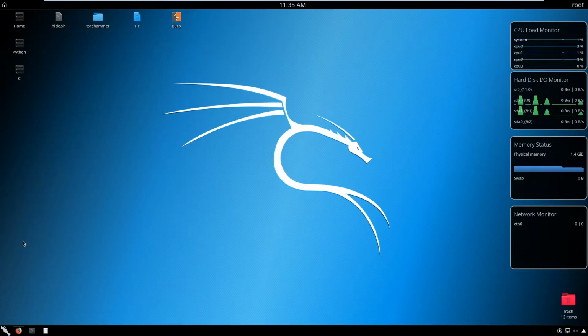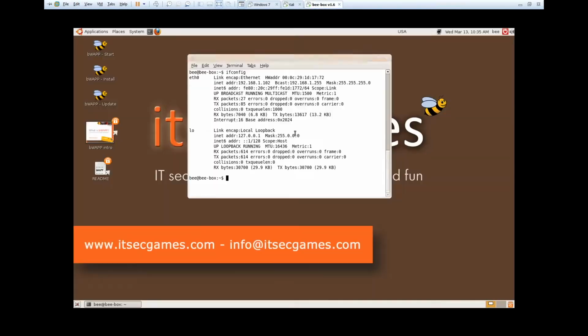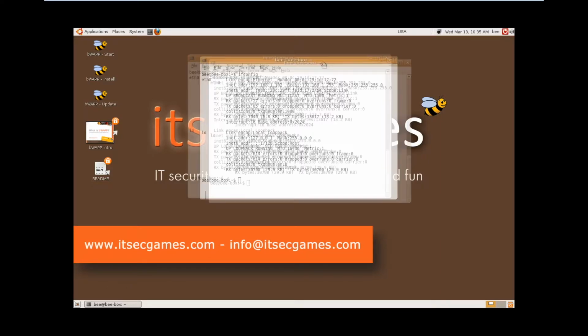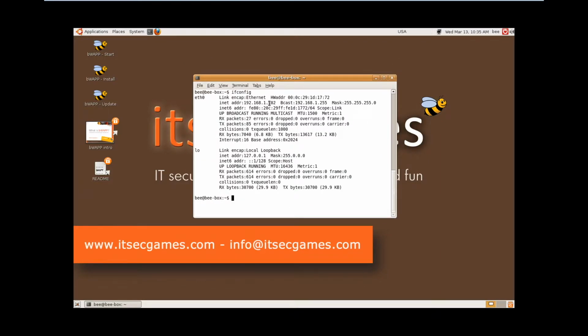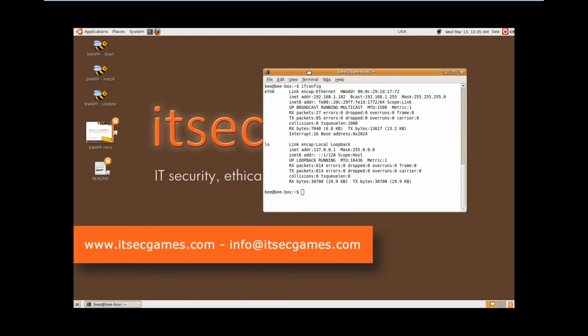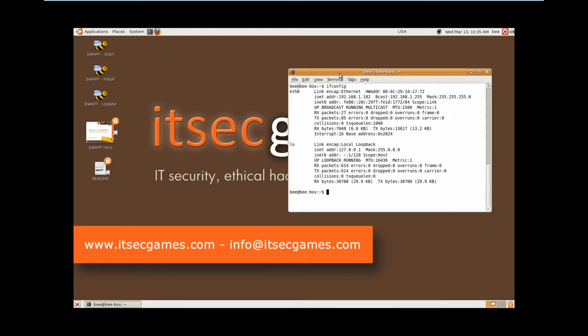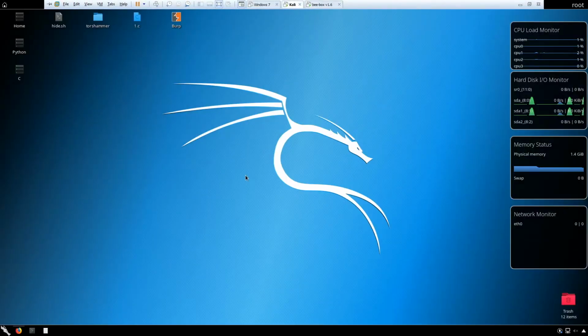This video is going to be an extension of the previous one, in which we were installing beebox. We installed beebox and we have it up and running right here in my VMware Workstation, with an IP address of 1.102. This is a machine that is quite vulnerable, with vulnerable applications on it. Now we're going to step into the whole procedure of hacking,